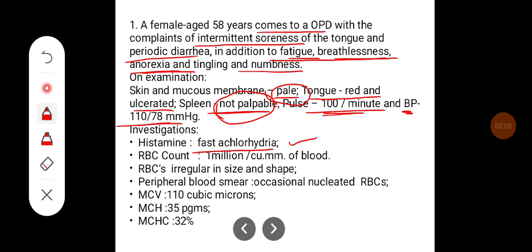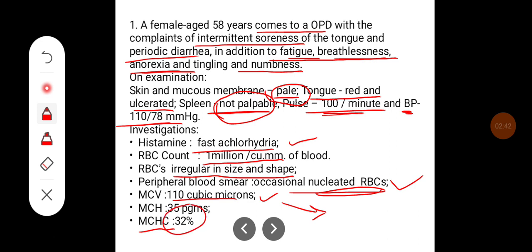pernicious anemia, and RBC count is 1 million. The RBCs are irregular in size and shape. In the peripheral blood smear, there is occasional nucleated RBC that indicates that there is a rapid synthesis of RBCs happening, and the MCV, the size of the mean corpuscular volume, has increased. That suggests macrocytic anemia. The MCH and MCHC, mean corpuscular hemoglobin concentration, are normal, and based on these investigations, the person is suffering